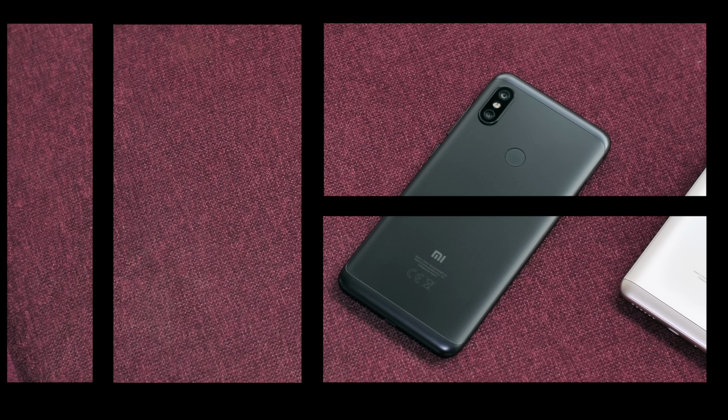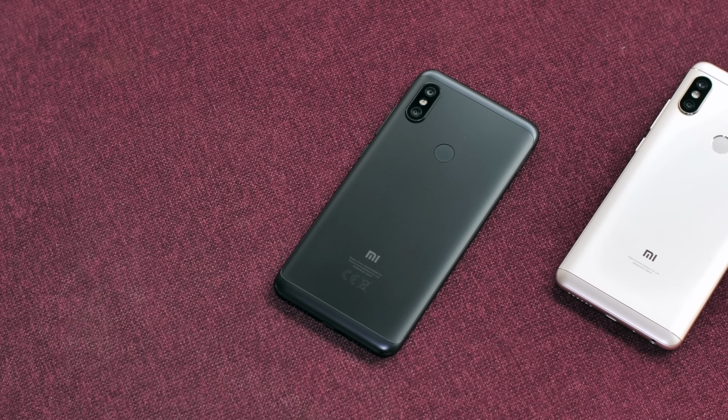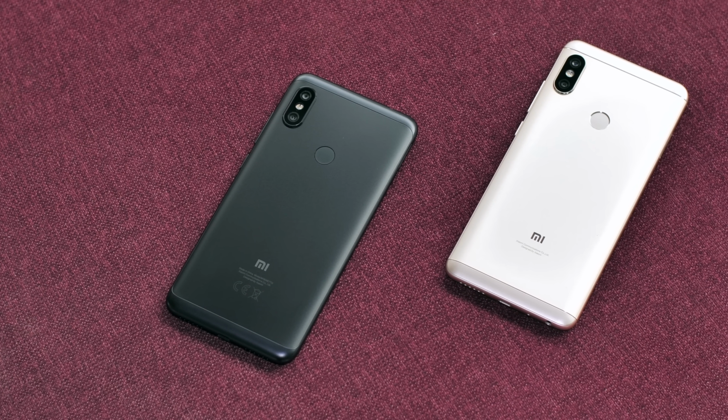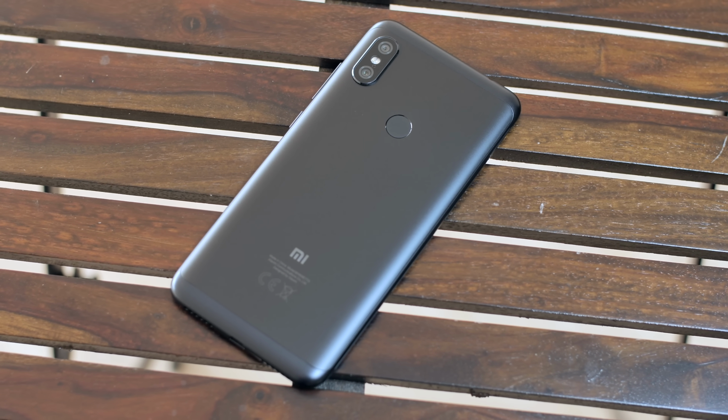Well, that's pretty much it when it comes to our Redmi Note 6 Pro review, and the big question here is, should you buy the Redmi Note 6 Pro at Rs 14,000? Well, the answer is yes, for now. Let me explain. Okay, so it's pretty clear that the Redmi Note 6 Pro isn't as exciting as the Redmi Note 5 Pro, but if you look past that, you'll see that the Note 6 Pro is a solid budget